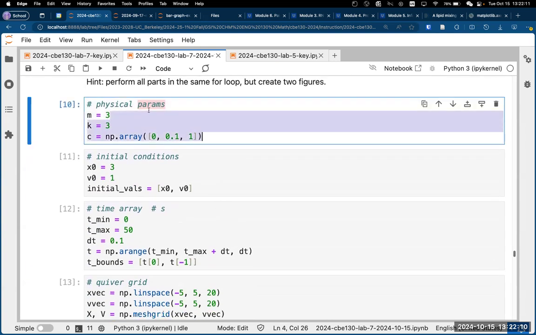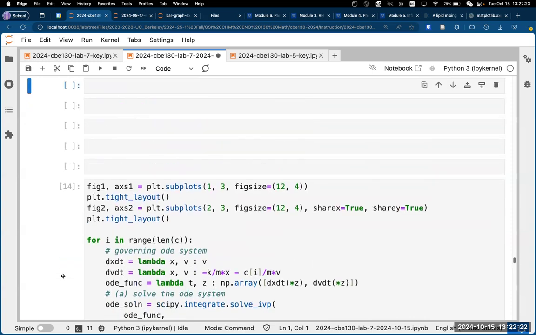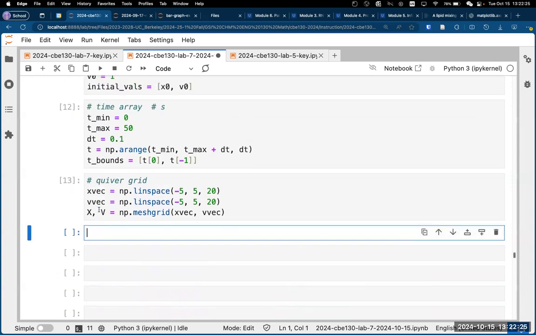All the code is the same. I'll just copy and paste all of the above, except that I modify C as a list of 3 damping constants. Okay, and now I want to plot first